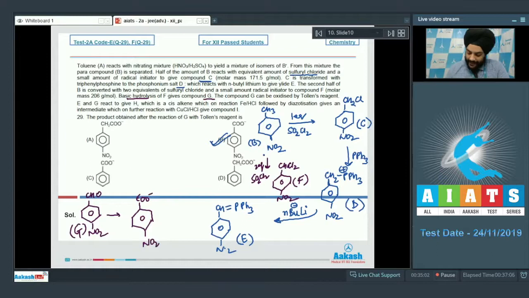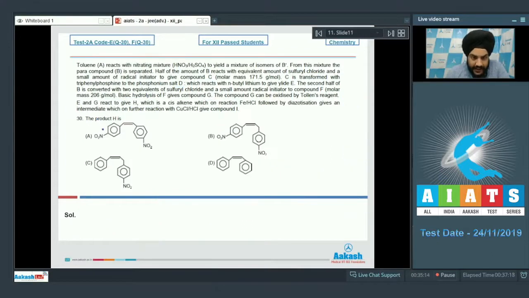Okay, let's look at the next question now. So in question number 30, the examiner seems to be interested in the product H. If we talk about the product H, students, it was mentioned that E and G react to give H. So we can have the structure of E and G, students. We had found out that G was para-nitrobenzaldehyde,